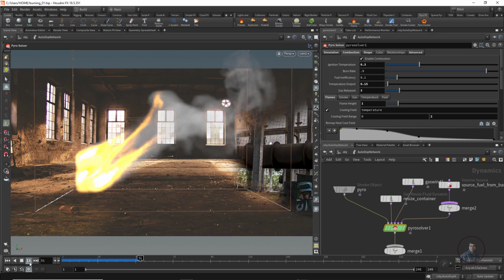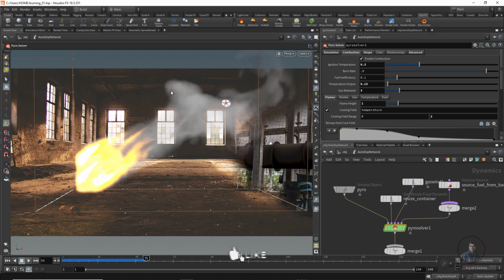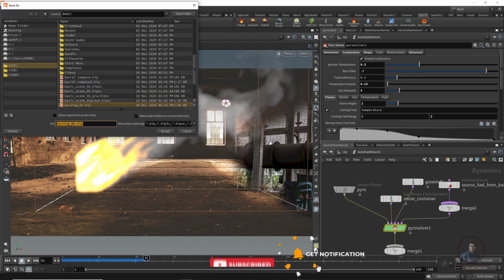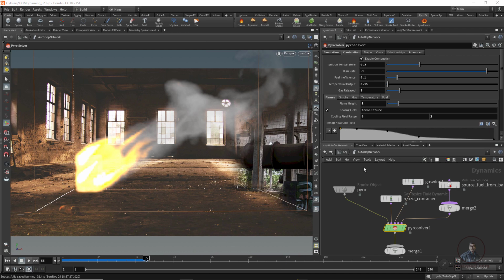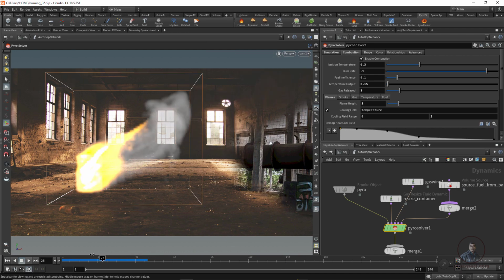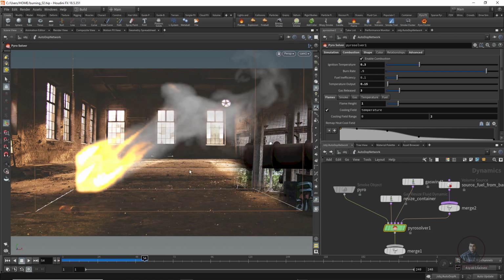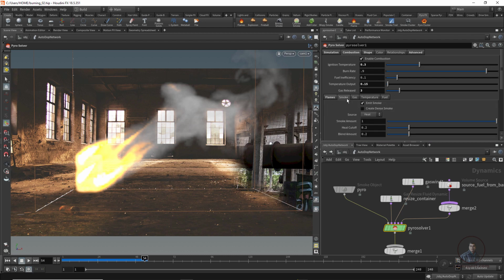Okay, so till here, save our scene: first stop here, then File, Save As. After this, I am going to adjust this smoke a little bit here. I am going to make it a little bit dense. So what we have to do is again select this one, pyro solver here. Then come here in our smoke tab, because now you are inside our flame tab. So come here in the smoke tab and you can adjust.